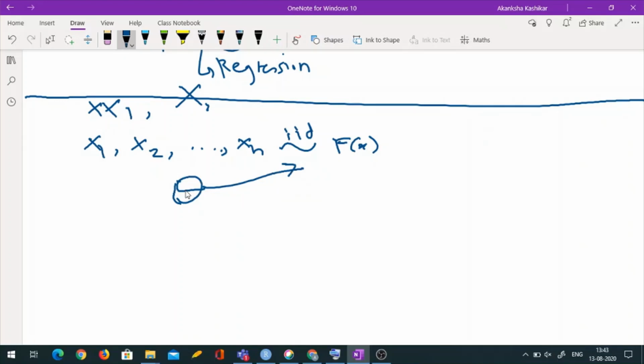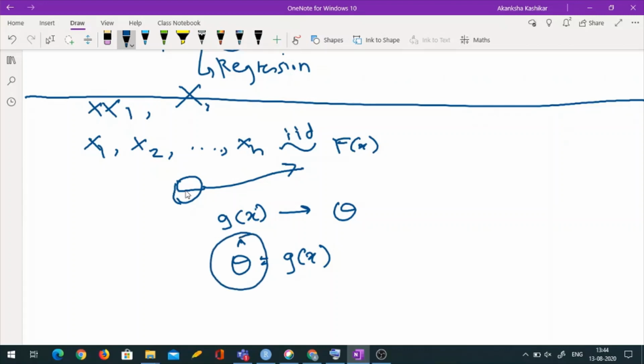Now how do we do that? You have some usual formula, some statistic g(x) which can be used to estimate theta. So basically theta hat is g(x). Now if you are in the usual setup like, say, sample population mean, then you know the distribution of this theta hat. There is nothing to worry about. But suppose you are in a setup where you don't know much about the distribution of this test statistic.